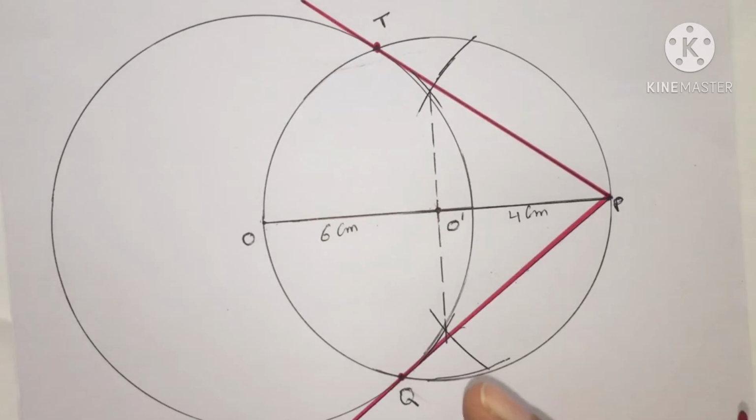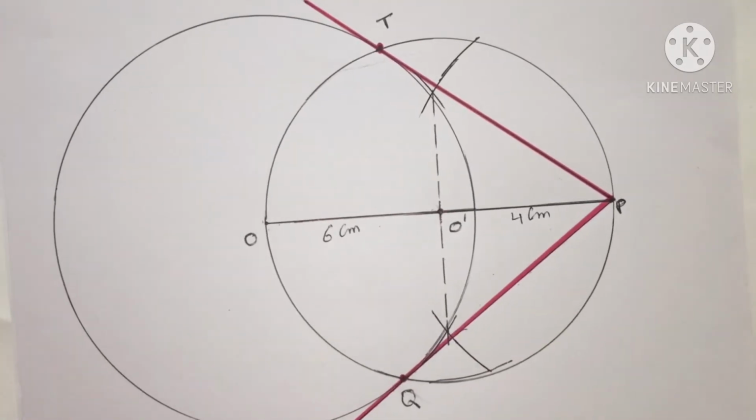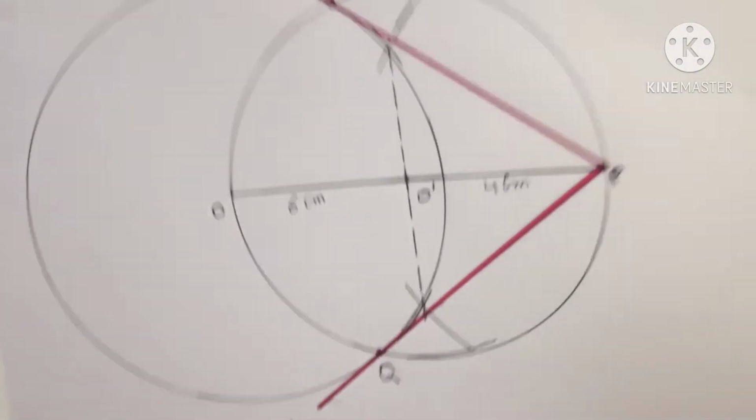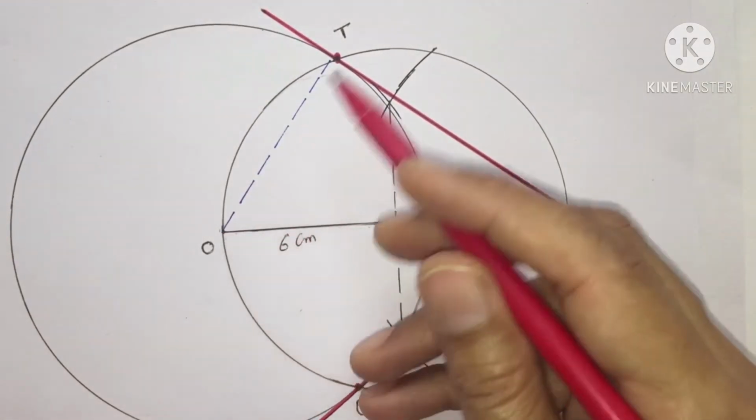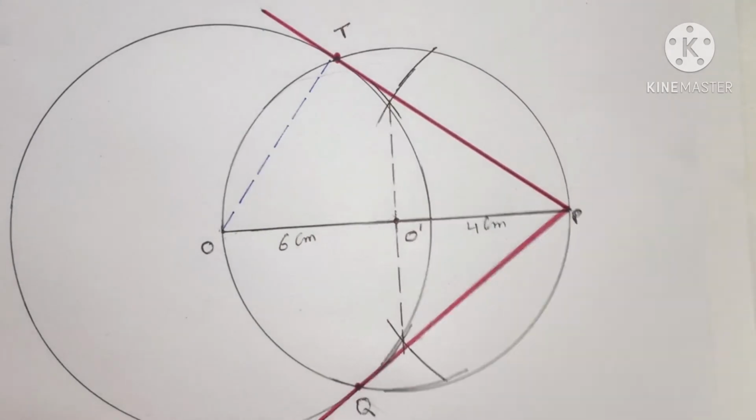In step number 1, you can write down that draw a circle of radius 6 centimeter, then mark a point P at a distance of 10 centimeter from the center O. Like this we have to complete the steps of construction, and after the steps of construction we should write the justification for this question, and I will tell you the justification. For justification we have to join these points O and T. So we will write